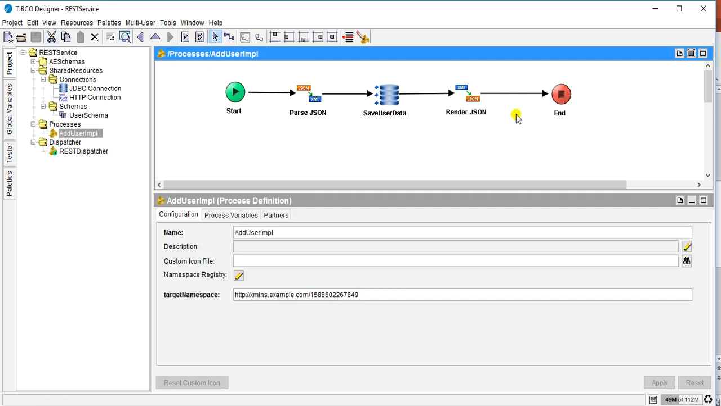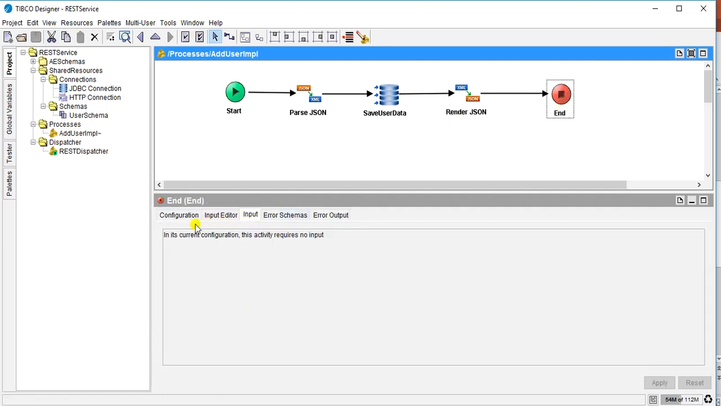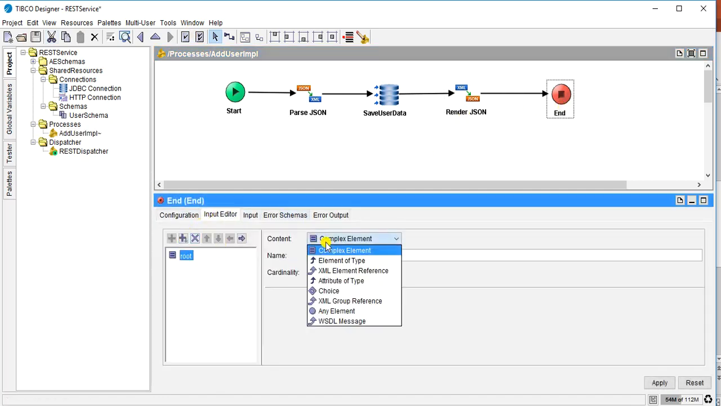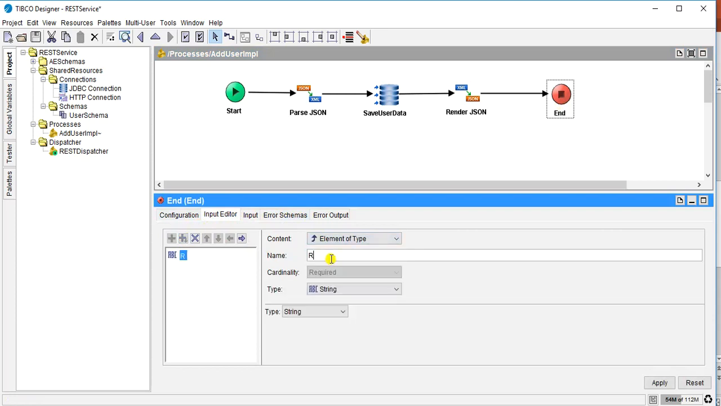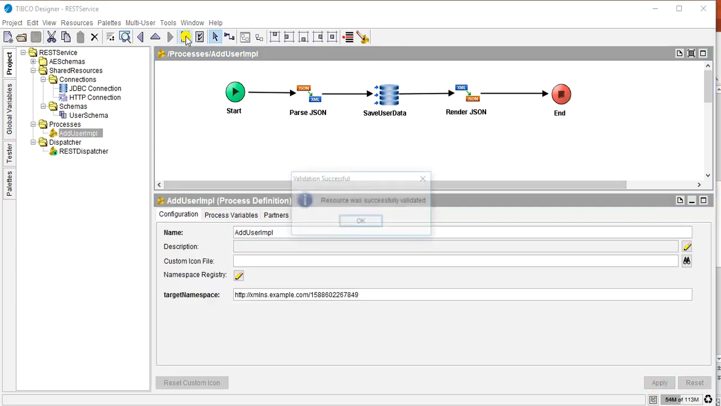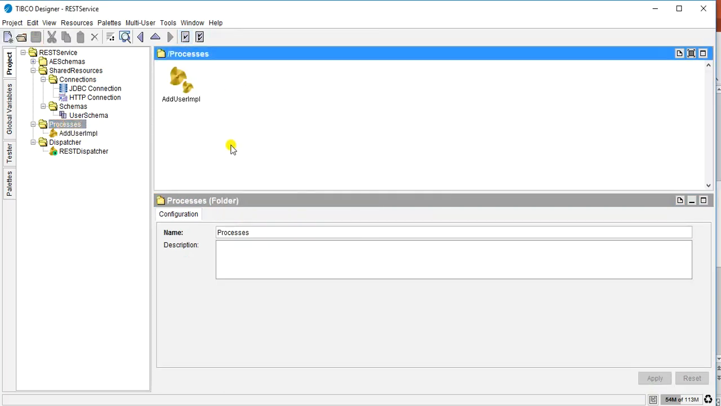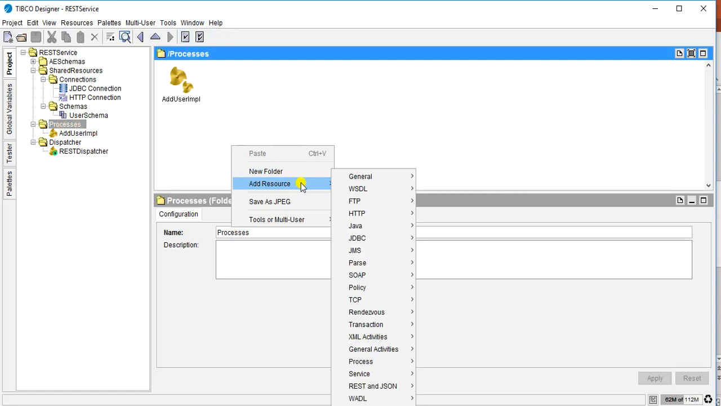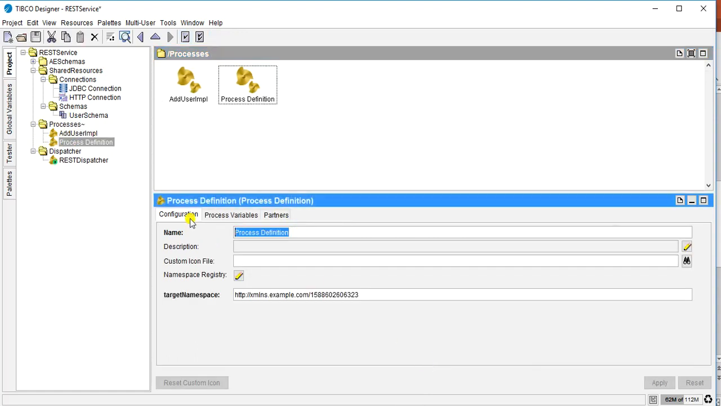So let's go to the end activity, and here I will be just mapping this response. So element of type and response data, and in the input I will just map this output of render. So this is how we created one process to save the data, and I validated it's successful. Now I need to create another process to get the user. So I will create another process. I will name it as get user implementation,